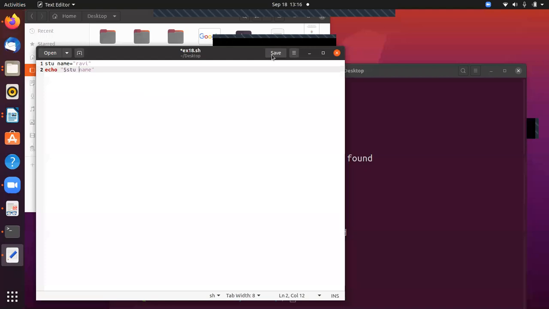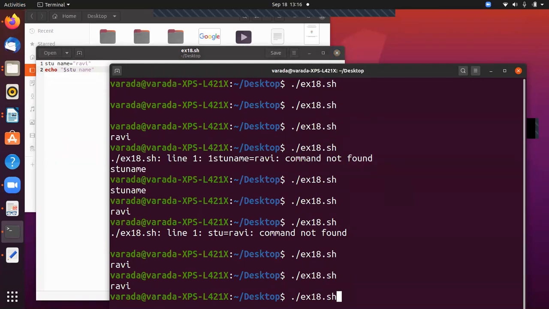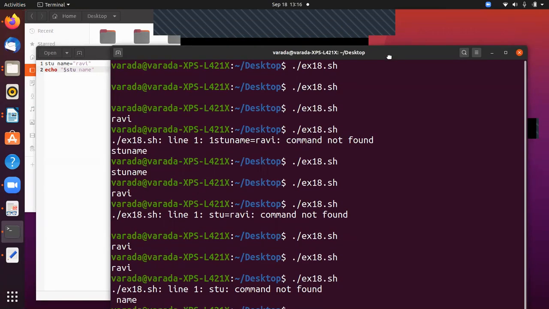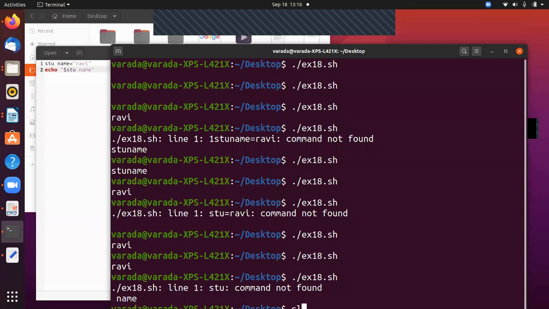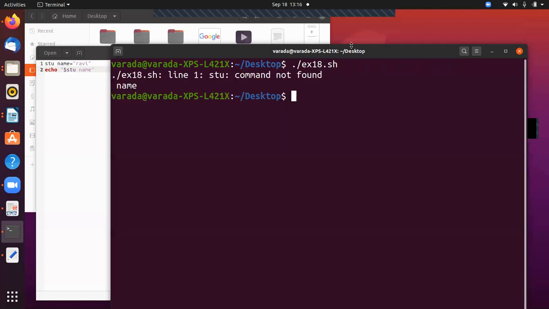Now it returns an error again. We get the error: command not found.